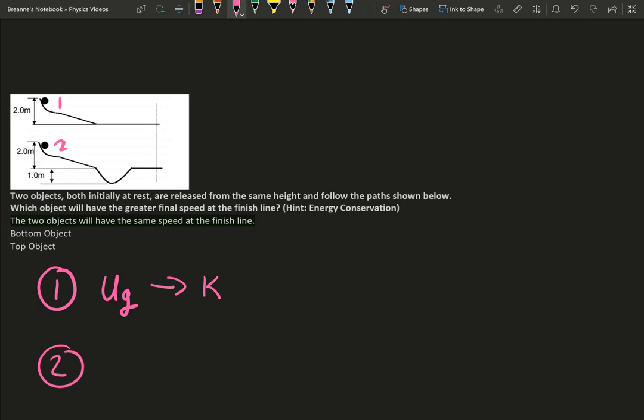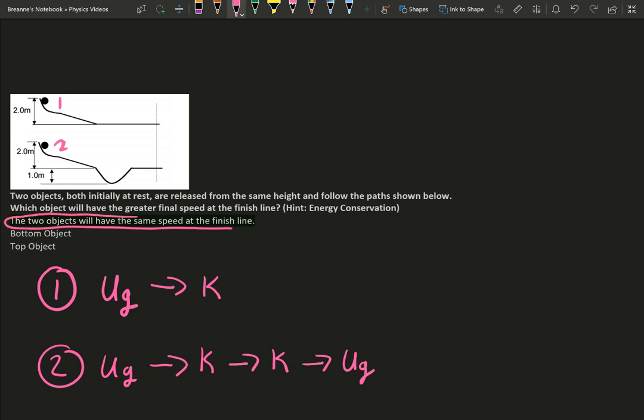Object 2 has some gravitational potential that gets converted to kinetic, but then it gets converted into a little bit more kinetic, but then that kinetic gets converted back to a little bit of gravitational potential. So whatever kinetic it gained, it went back to a little bit towards gravitational potential. So at the finish line,